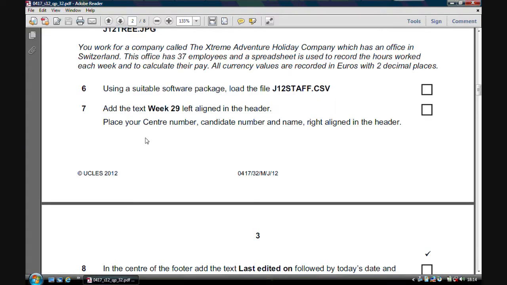Okay, we're going to do the June 2012 variant 3-2. You work for a company called Extreme Adventure Holidays. You have 37 employees and they use a spreadsheet to record hours worked and their pay. All currency values are recorded in euros with 2 decimal places. Use a suitable software package, load the file